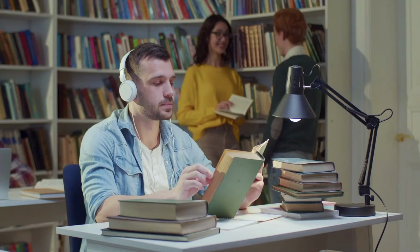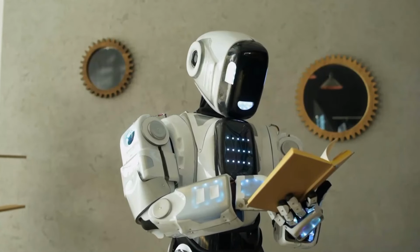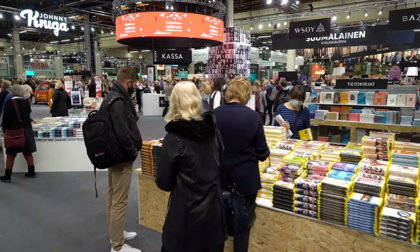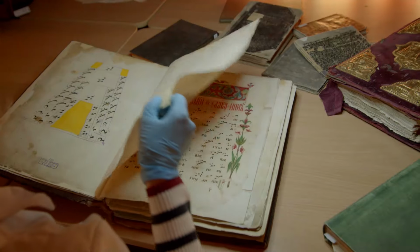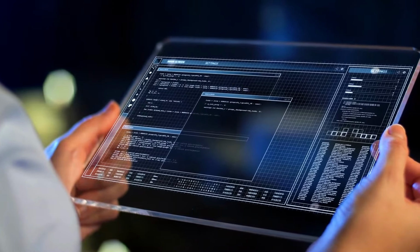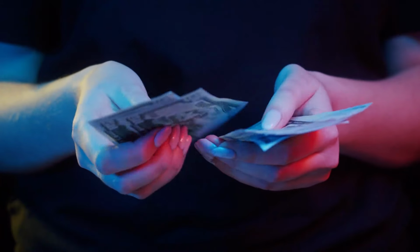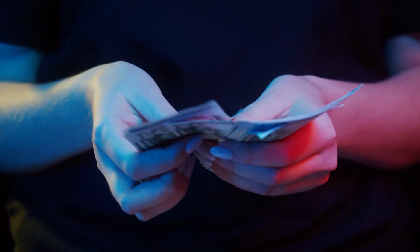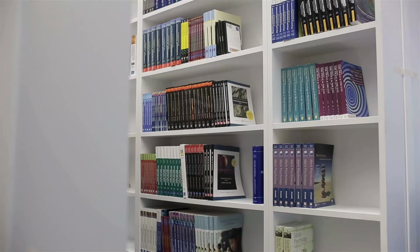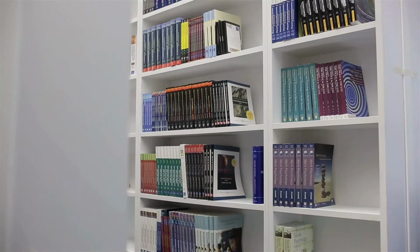If you're anything like me, you probably enjoy reading books on various IT topics, especially cybersecurity these days. Books are a great way to learn new skills, gain valuable insights, and stay updated on the latest trends and developments within the field. But books can also be expensive, especially if you buy a lot of them, and trust me, I definitely know. I've probably bought over 70 or 80 books during my IT career, and they're all over